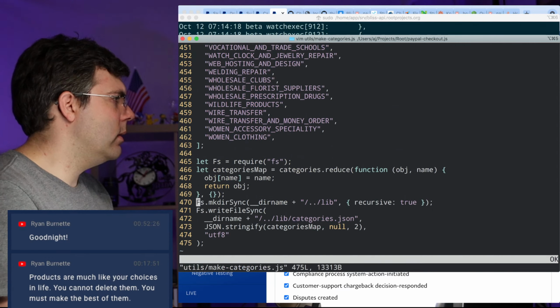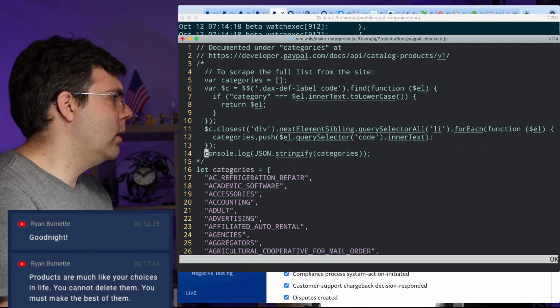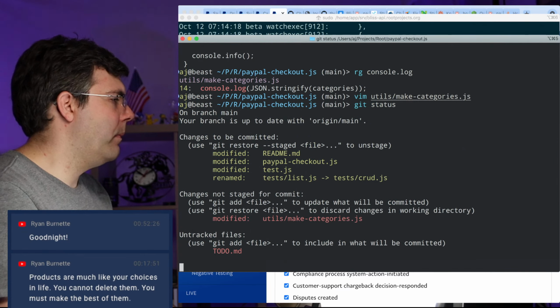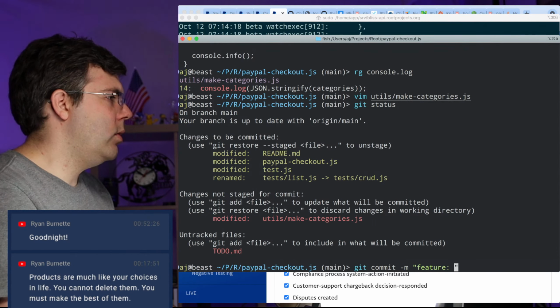Utils, make categories, console.log. Oh, that was just in a... Let's replace that with console.info anyway. Feature: more CRUD.